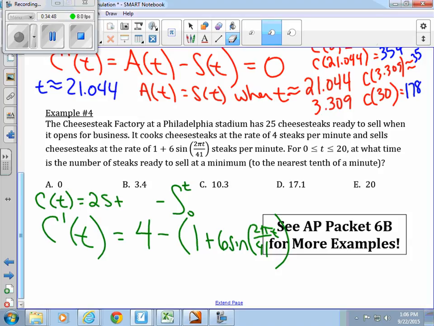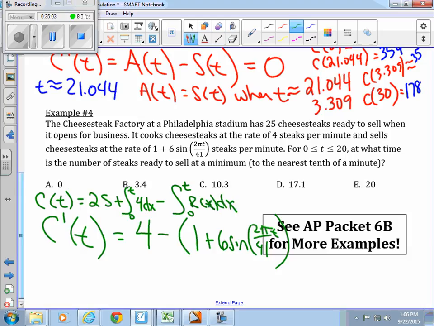Let's just go ahead and be... well, you can give it a name. Okay. Right? Now this is the most honest problem. You can write whatever you want. But to get to the original, I need an antiderivative, right? And then I need to take the... Joseph said, gotta take chain rule. Joseph said, when does the 25 come into play? Well, that comes into play only on the amount of cheesesteaks, not on the rate of change of the cheesesteaks. Does that make sense? So you're going to set this one equal to 0,